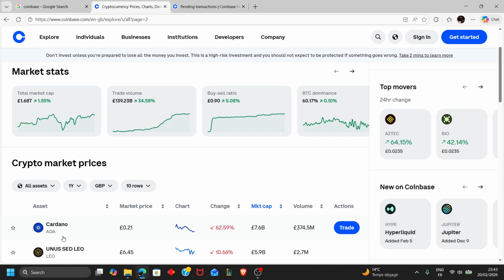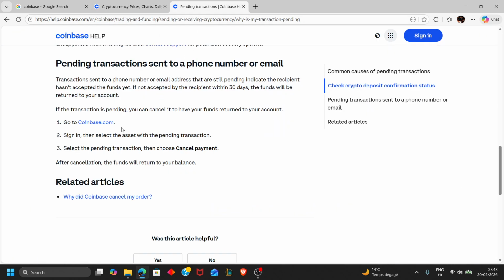Now, once you access the website or you click on the app and access it, you're gonna click on sign in and make sure to enter your account. If you don't have an account already, you're gonna click on get started or sign up. Then you can start a new account. Once you finish setting up your account, you're gonna click on login. Now, after you log into the Coinbase app or the website, you're gonna go to assets, then click on transaction